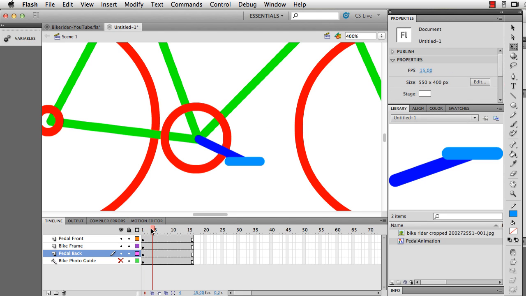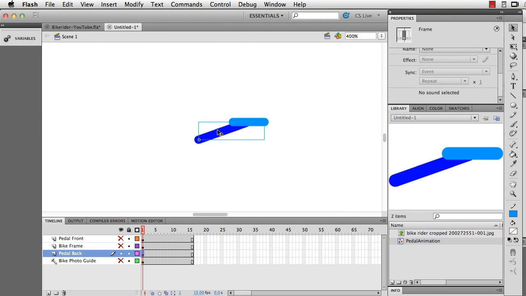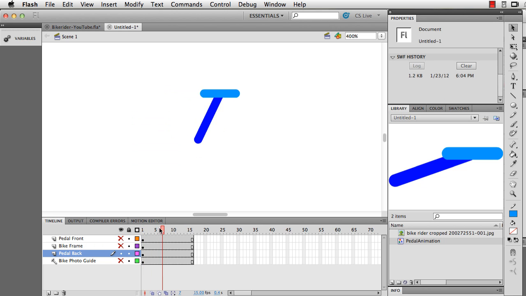I want to offset this animation by a certain number of frames so that the paddle will be exactly 180 degrees pointing the other direction. I can do this by having this symbol selected. I'm going to hide all the other pieces. This is the paddle that I want to offset, so I'm selecting it, and in the properties panel there is a looping option. By default, all these nested symbols automatically start looping at frame 1. In order to offset it by 180 degrees, I want to start this animation at frame 9. When I press enter, it will snap it around to frame 9, and it will continue its